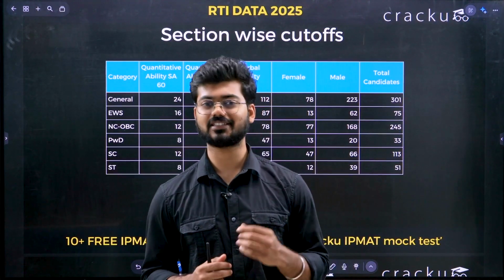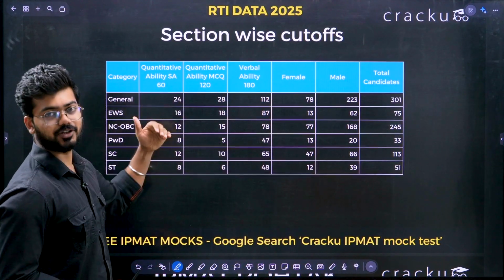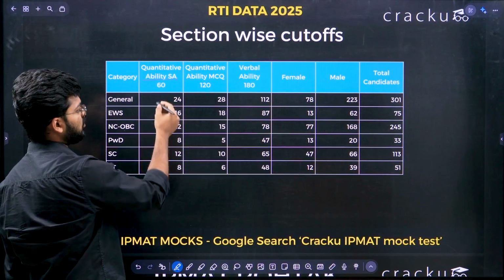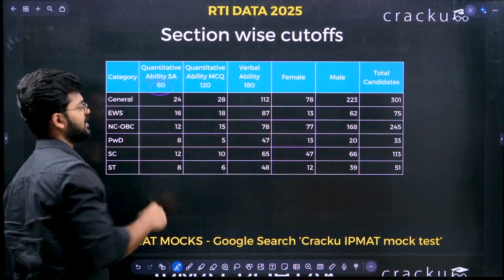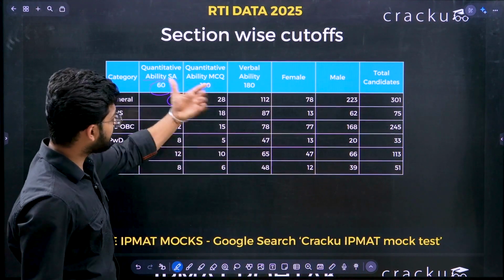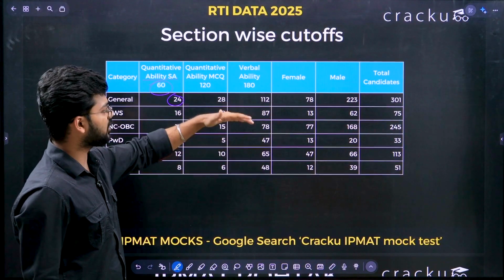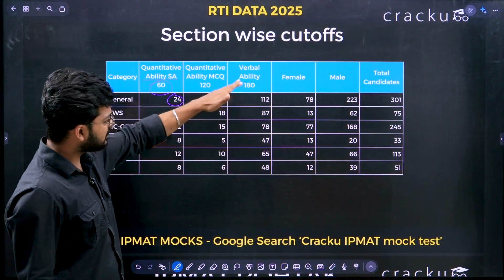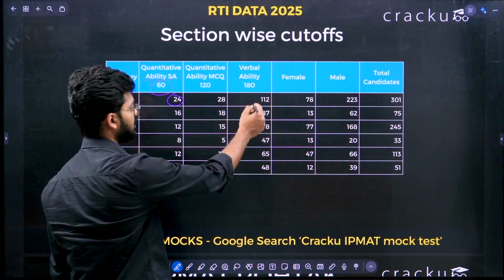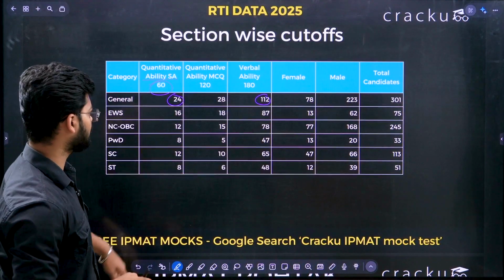Now, what were the sectional cutoffs? Let's have a look at that also. So, in the IPMAT Indore examination, in short answer type questions, the total number of marks achievable are 60 in this section, and the cutoff was just 24 marks. Out of these MCQ 120 marks, just 28 marks are the cutoff. And in verbal, the cutoff goes high because this is where people can actually score well. So in this, the cutoff is 112 marks for the general category, and for other categories also you can see